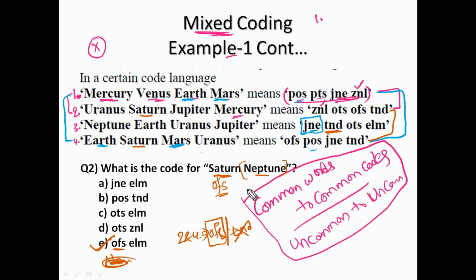Okay. Suppose some persons find the code for Neptune first. After finding the code for Neptune first, we'll get three options then. So compulsorily we would need to find the code for Saturn also. But luckily we found the code for Saturn. So with that one code, we can confirm the answer here according to these options. Okay.